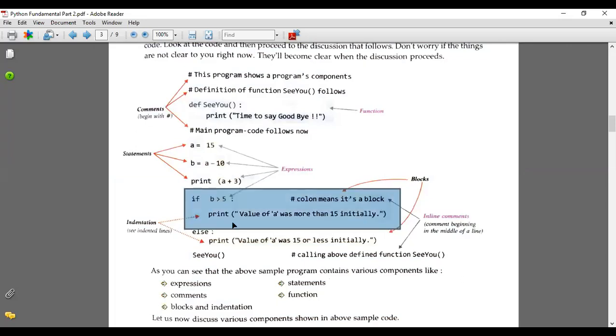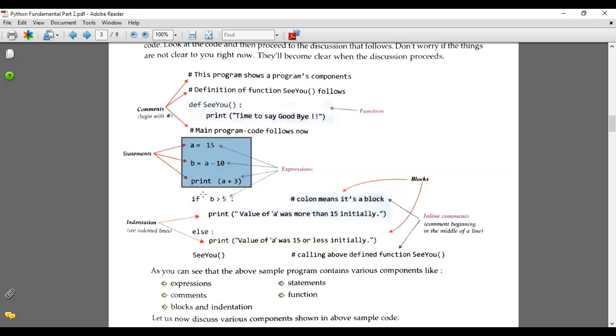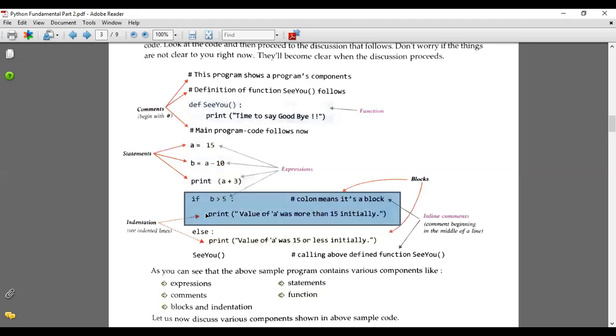The print statement is written inside this if, which means the colon indicates a block. The colon sign always represents that we are working in a block. These three lines are separate statements, whereas these two lines act as a block because a colon sign is written at the end. Clear?